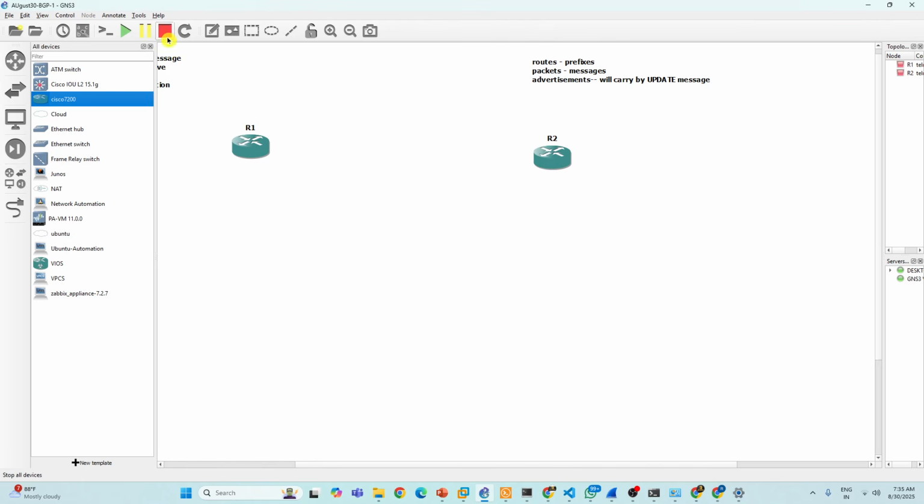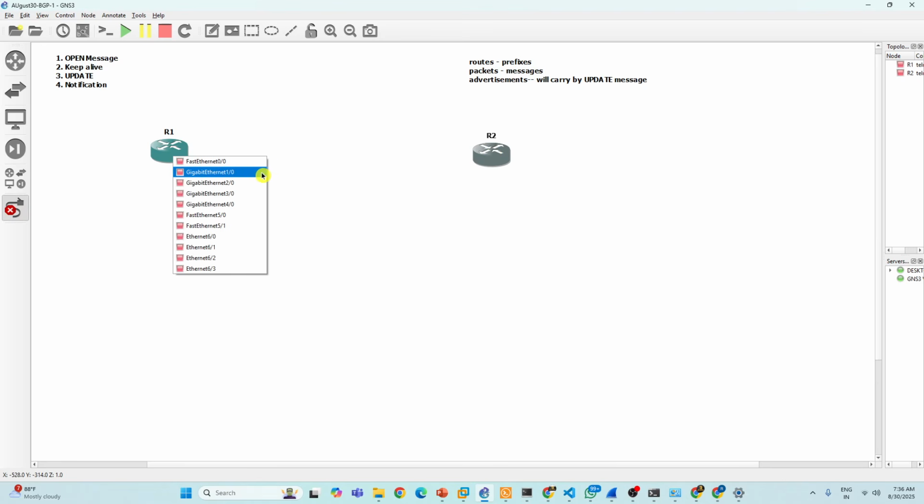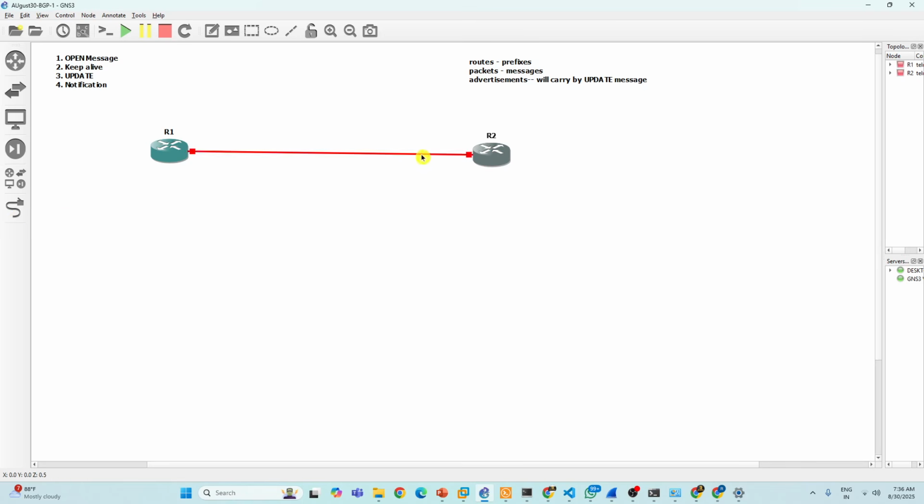There are two routers here connecting each other. So everyone knows EBGP configuration, right? Yes or no? Everyone knows EBGP configuration. We did it during OSPF, in the real-time project. Yes, sir. So anyhow, I'll teach you here one more time.